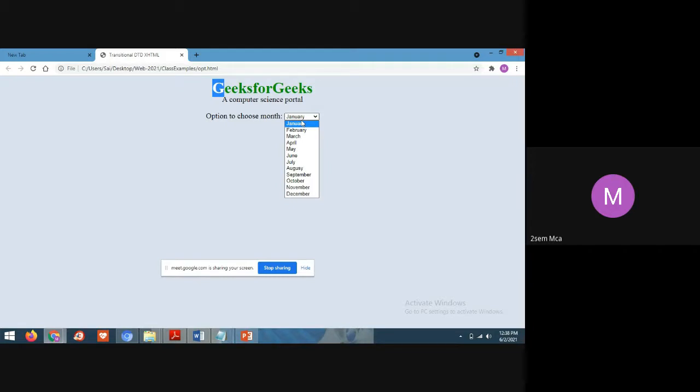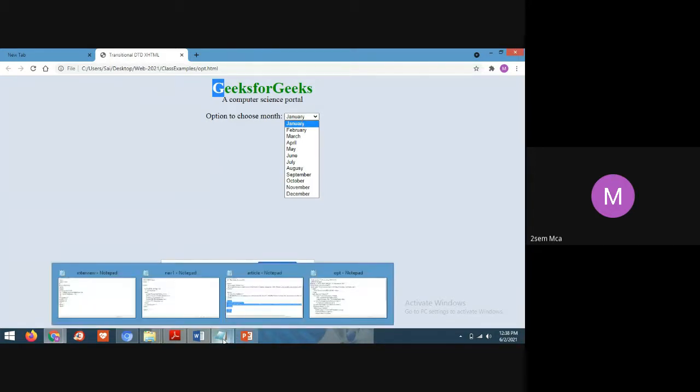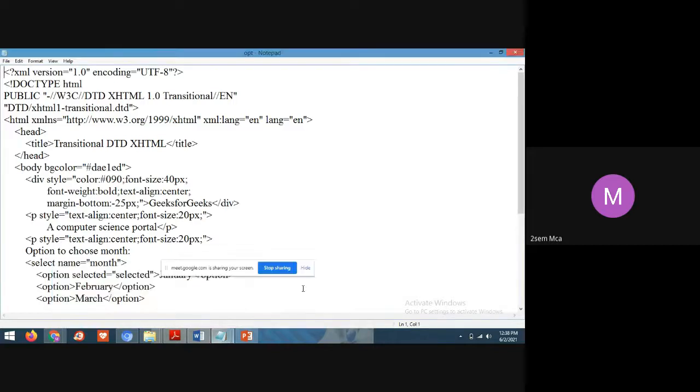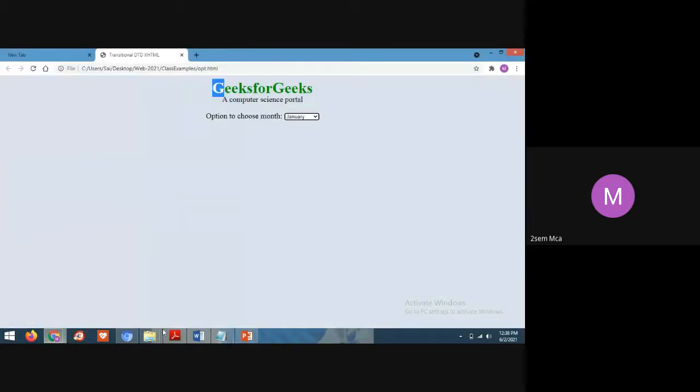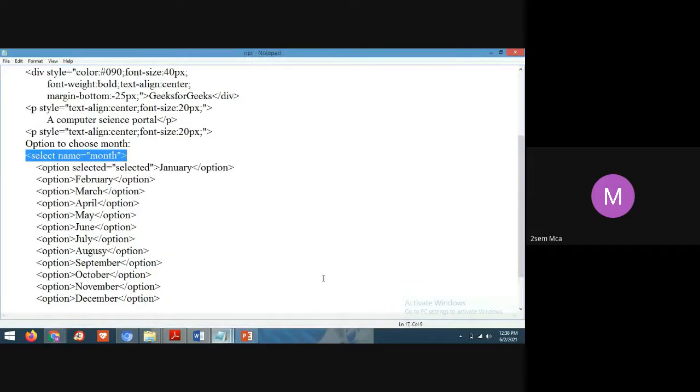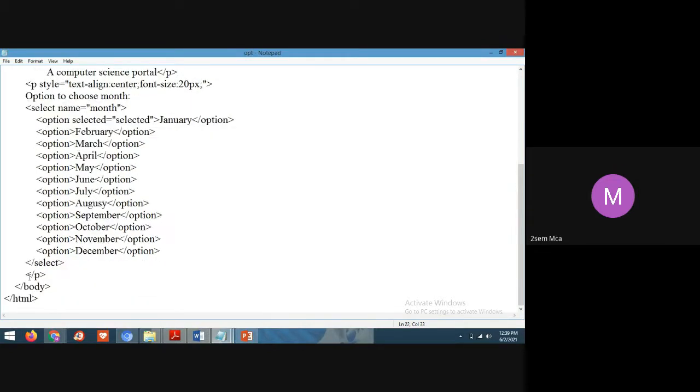How to implement this? And if I do any changes, how will it reflect in the program? You can see here the select tag, and the name is month, and different options are included in the program: January, February, March, April, May, June. Now what I do is